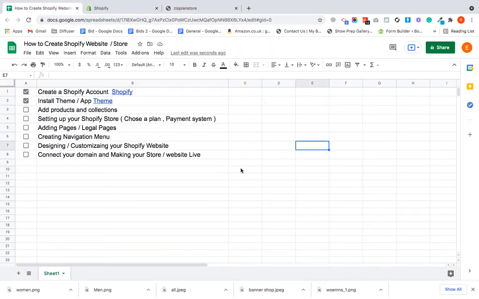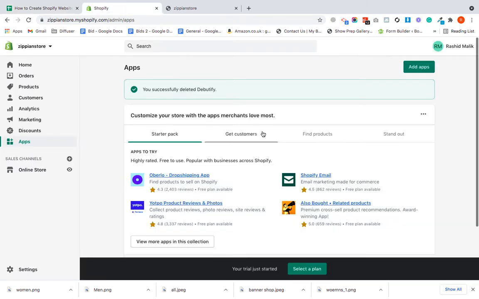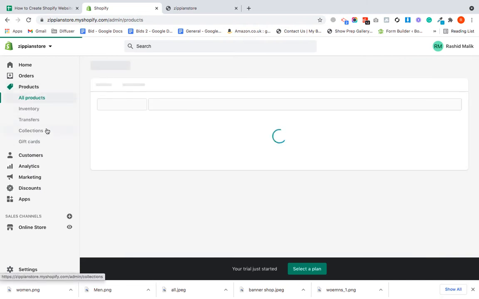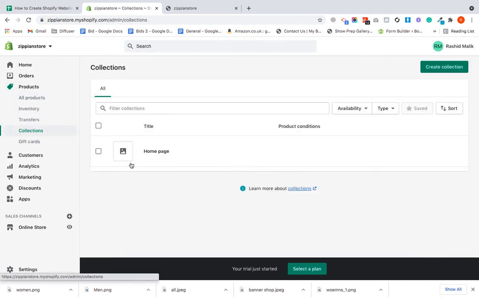Okay, the next step is to add products and collections. Let's go back to Shopify dashboard and add products. Now, before adding any products on your Shopify website, first you should create the collection. Just go to the products and click on collections. We already have the home collection here. We need to create another one. Just click on create collection